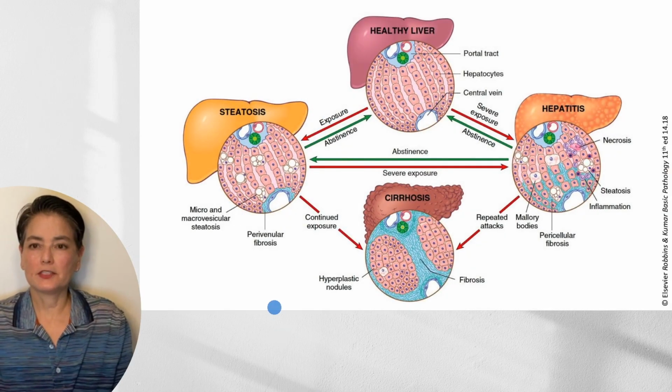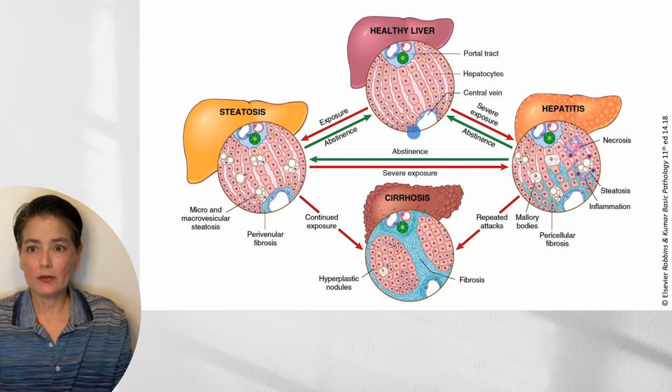So this is just a beautiful figure from Robbins and Kumar Basic Pathology that I think puts this all together. Let's begin here first with our healthy liver. In this circular image here, we see our portal triad, we have our central vein, and we have the plates of hepatocytes leading towards them. Now, if an individual